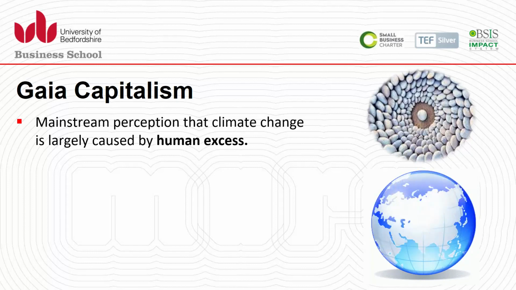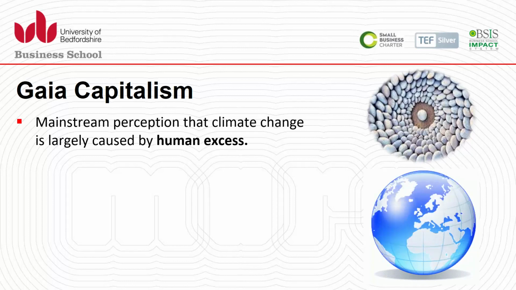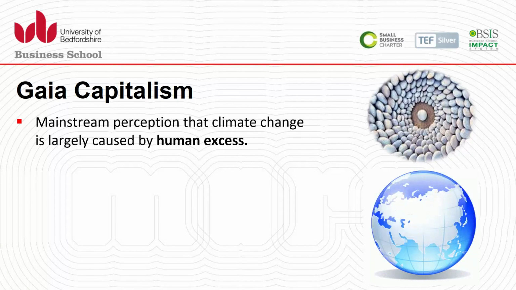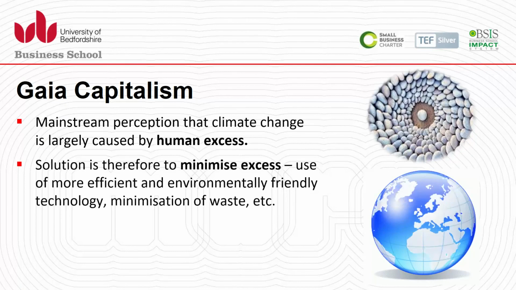So climate change describes a change in the average condition, such as the temperature and rainfall, in a region over a long period of time. For example, take scientists at NASA. They have observed that Earth's surface is warming, and many of the warmest years on record have happened in the past 20 years. So we need to think about the solution, which is therefore to minimize the excessive use of